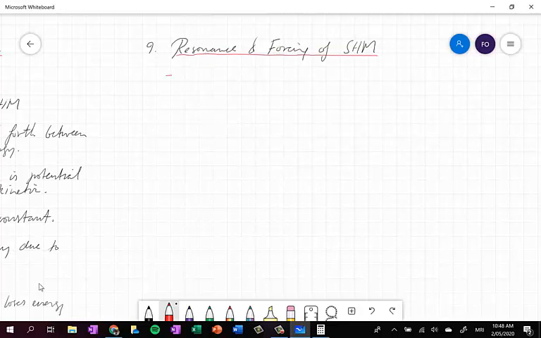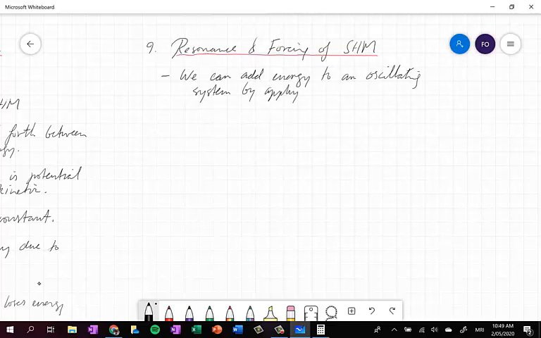So what we're going to be talking about now is resonance, and the way that resonance is really adding, forcing is really adding energy to a simple harmonic oscillator. So we can add energy to an oscillating system by applying a force to it, we can achieve resonance